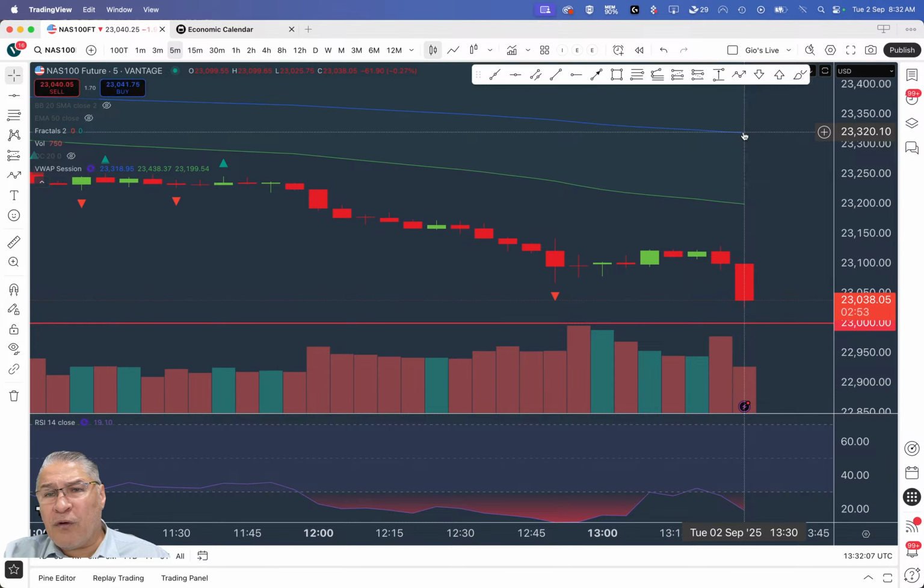Then gold. All right, so gold, we've seen a bit of a pullback on gold after penetrating the VWAP. So we want to be able to close above